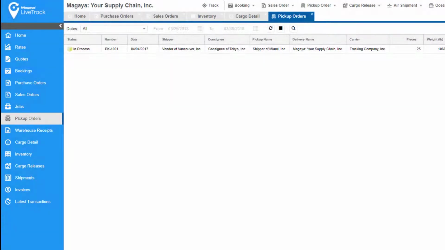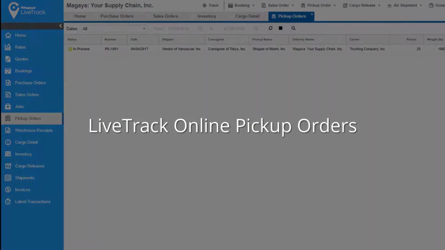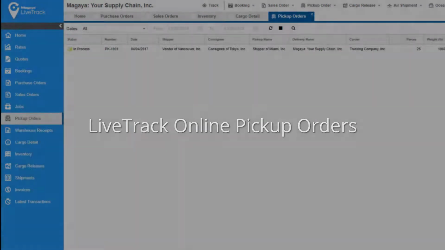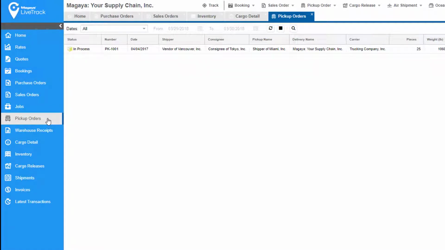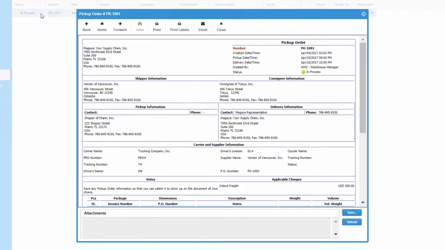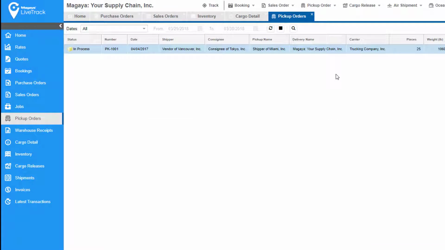Now let's take a look at some logistics processes in LiveTrack. We'll start with pickup orders. In the pickup order screen, they see all of their pickup orders, and when they double click it, they get more information. Your customers can send you requests to pick up inventory or vehicles using the Online Pickup